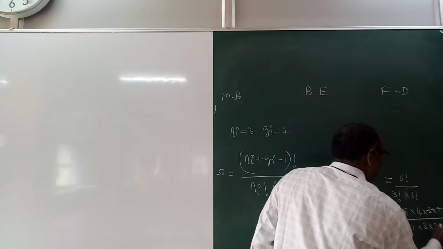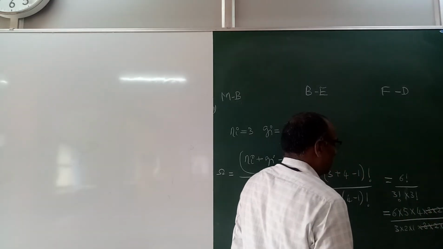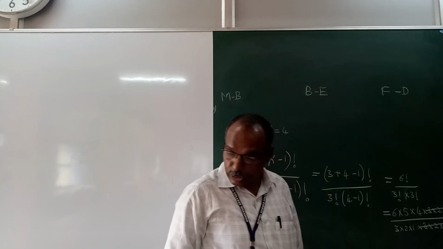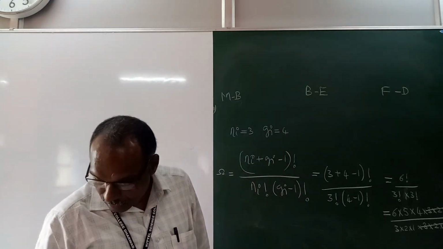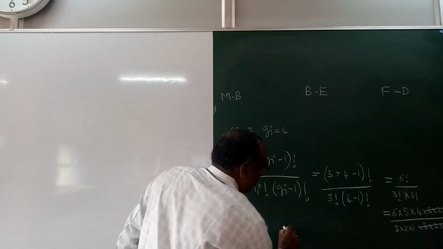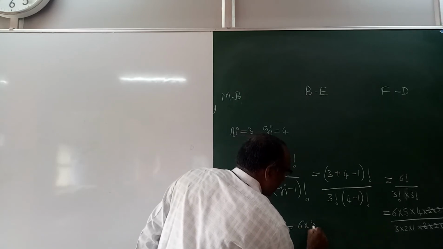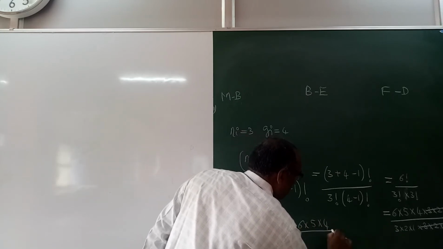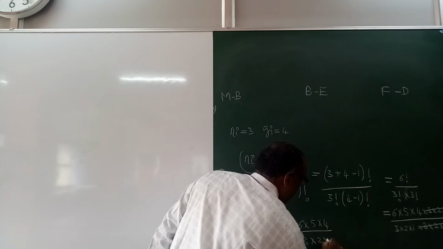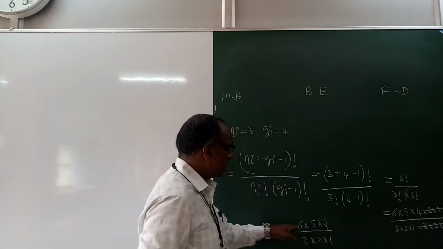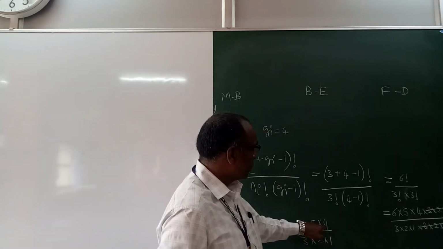So these 3 into 2 into 1 get cancelled. So we have to find 6 into 5 into 4 divided by 3 into 2 into 1. 6 5s are 30, 30 4s are